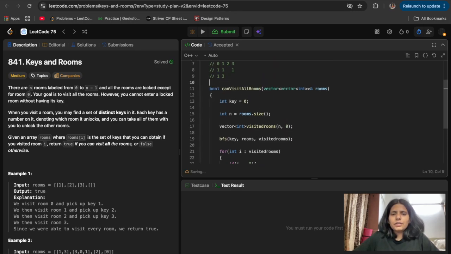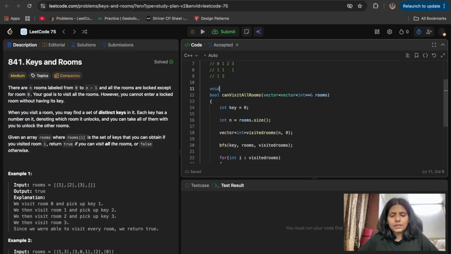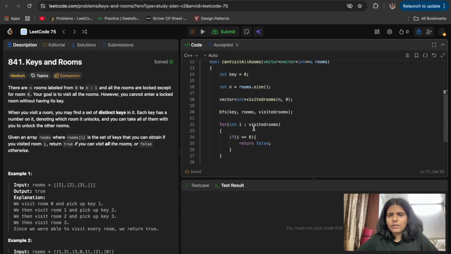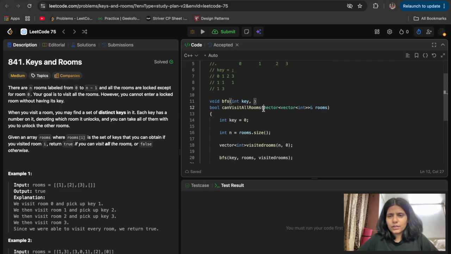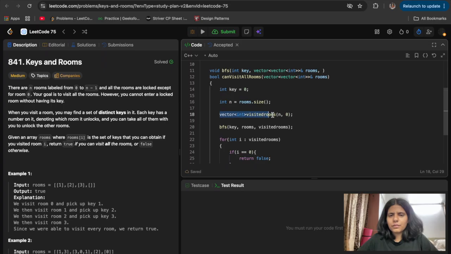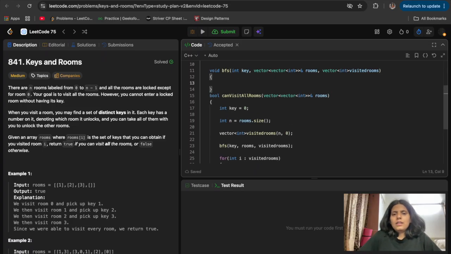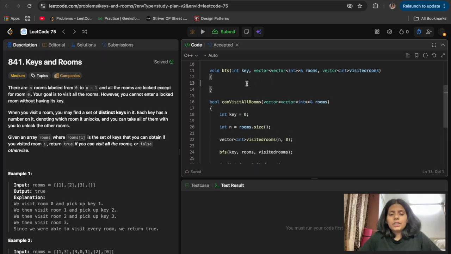For the BFS, void BFS taking an int key, the vector of vectors rooms, and then the visited rooms. As this is BFS, we need to take a queue data structure for keys.